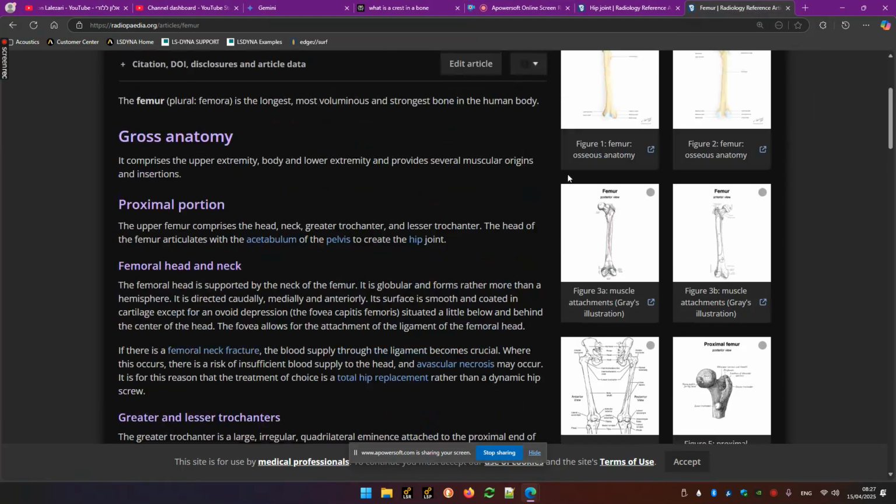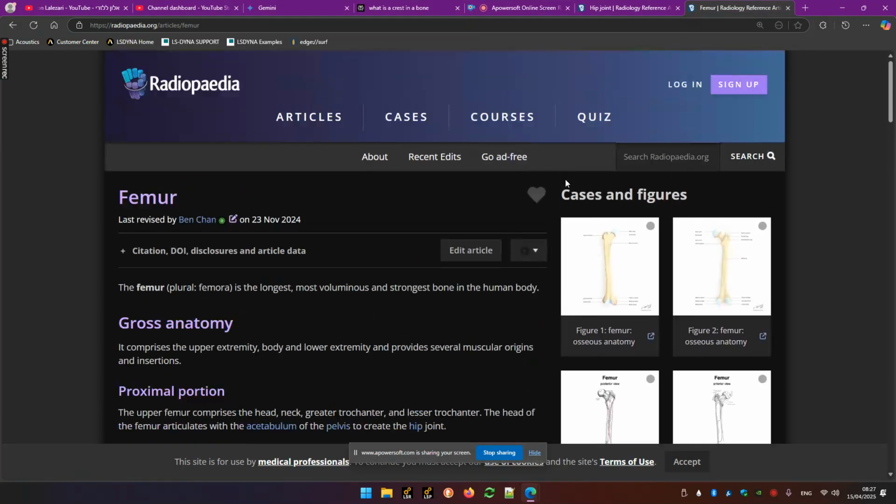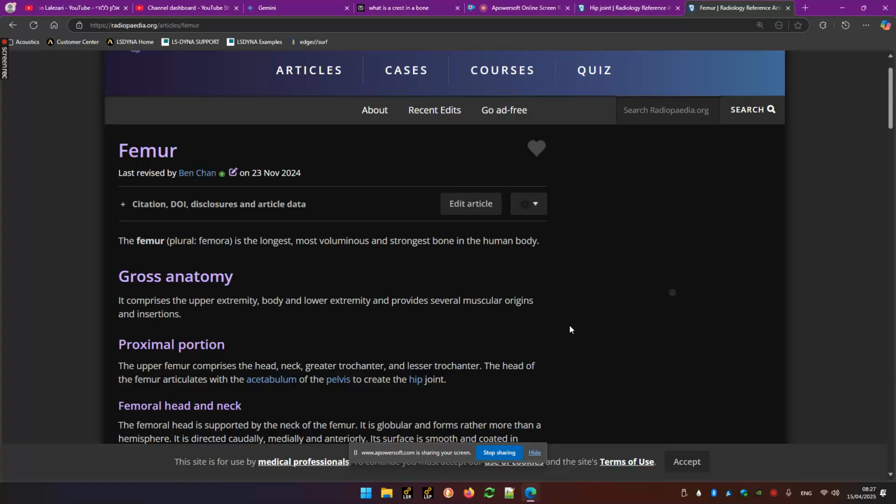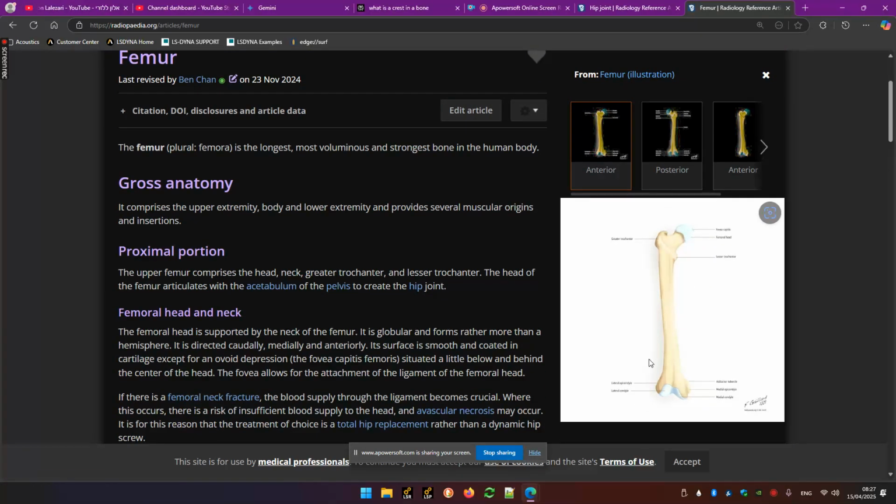Okay, so the idea now is to talk a little bit about the anatomy of the proximal femur. Not all the femur, just the proximal area, because it's part of hip fracture talking. So when we look at the femur, we have the region of the proximal femur, which is right over here. And this area articulates with the acetabulum, the pelvic bone, and this is a very important area for fractures, hip